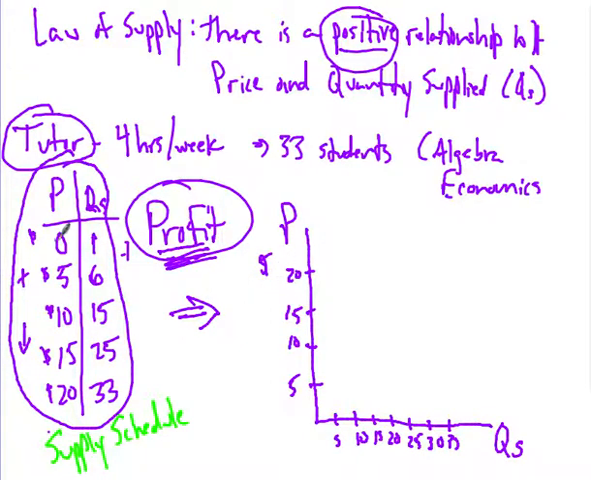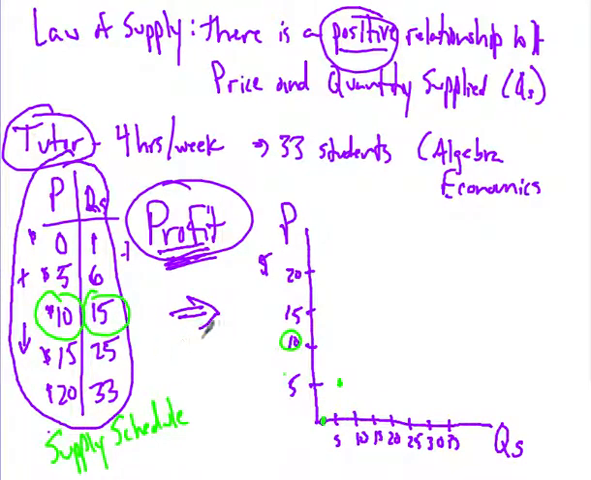So at a price of 0, I've got 1 taker. So we'll put our dot right there because our price is 0 and the quantity is 1. Let's use a different color. At a price of $5, so here's our $5, we can get 6 people that are willing to tutor. At a price of $10, so we come over here to $10,